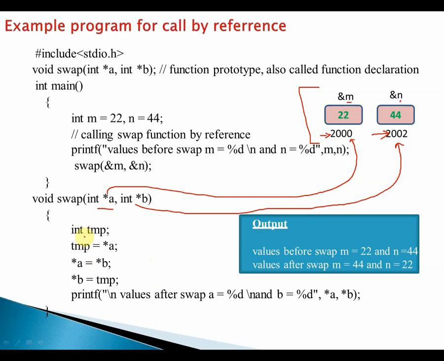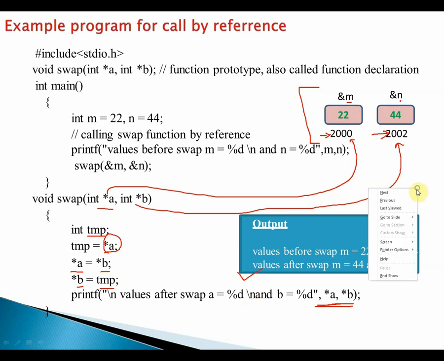So how do we go about with the swapping? We require a third variable to swap, okay. Let's name it temp, same as how we went ahead with the previous program. Only thing over here right now, again, we cannot be using variables, we have to rather use pointer variables because we are dealing with addresses. Okay, so we have to write pointer variables, and that's it. While printing also we have to write the pointer variables for printing the swapped values. Okay, so this was it. After swapping we will get the new swapped values.